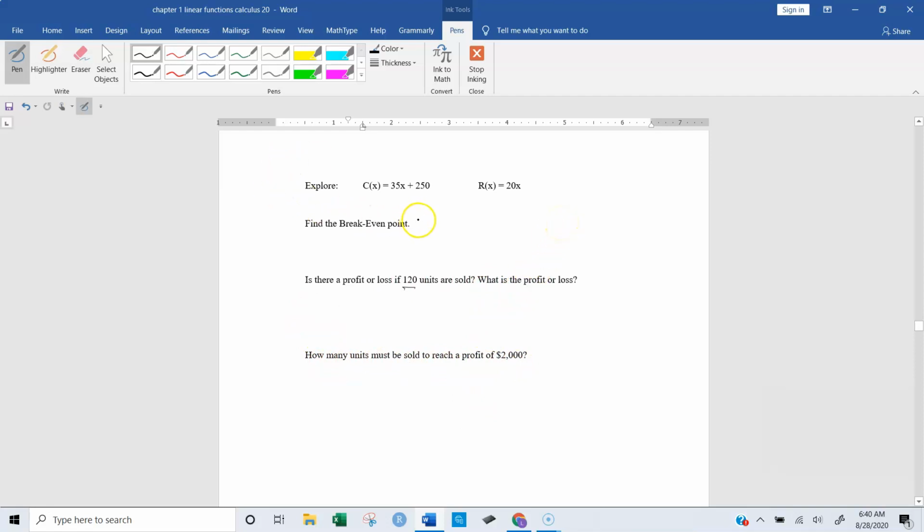All right, let's find our break-even point. So pause and you've done this, right? Now break-even means to set them equal to each other. So 20x equals 35x plus 250. Subtract, so I got a negative 15x equals 250. Divide, so x equals, calculator,